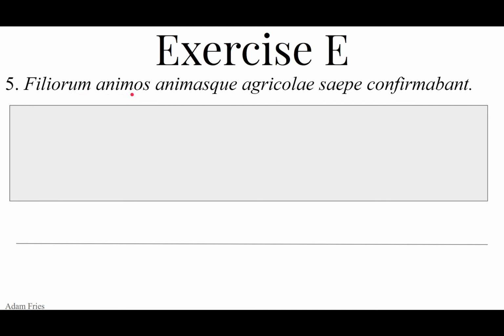Animos, from animus, masculine. So this is animus. This is the mind, as in this is the intellect. This is the rational seat. It can also mean courage, as in your demeanor, your mood. It can also mean heart. Thinking of hearts and minds. We're trying to win over the hearts and minds. So that would be animus. It's the rational seat, but it can also refer to courage, mindset, or mood.